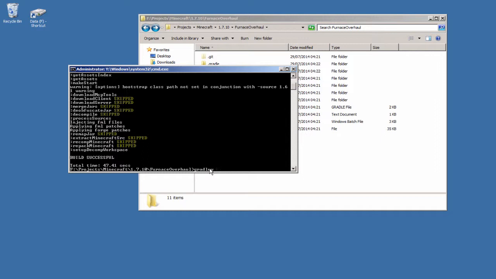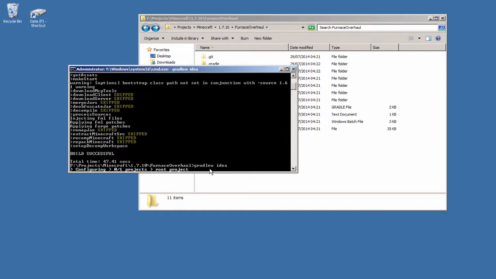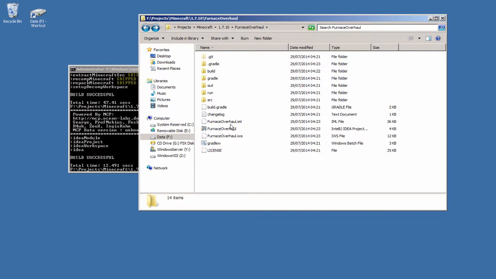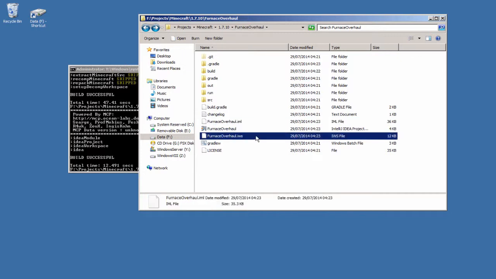Now I am using IDEA, so I will type in idea. Done, right? So now it's adding the IntelliJ IDEA files, which should be 3 files that will appear here. There. So the IML, the IWS, and the